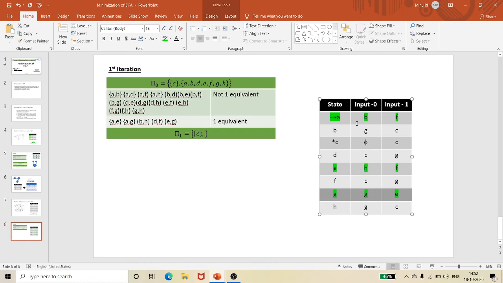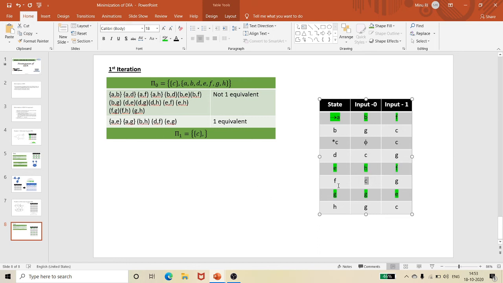See, A with E and G is a single set. Then I can also check whether B and H, D and F, and E and G can be merged. That cannot be merged, because with respect to B and H, B has C and H has C, so this single set won't help. D and F, let me check. D has a C over here, so that is going to be a separate set.